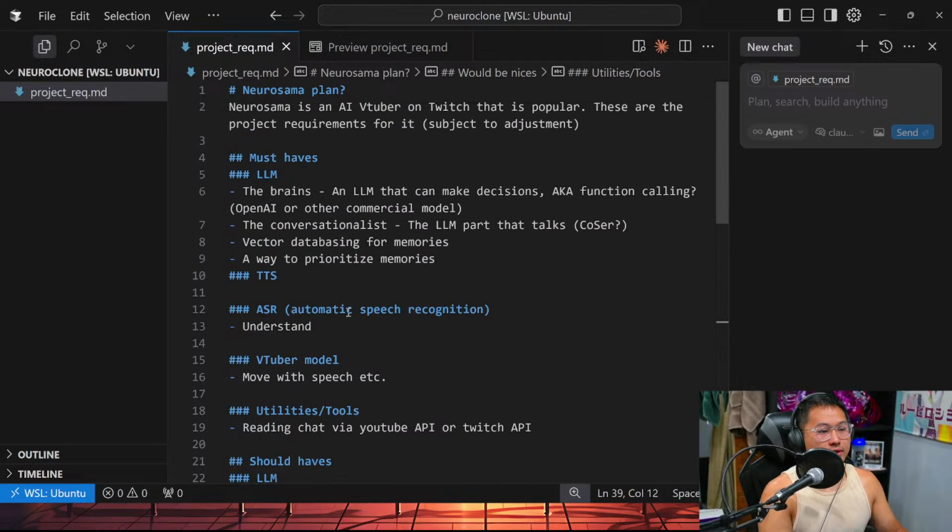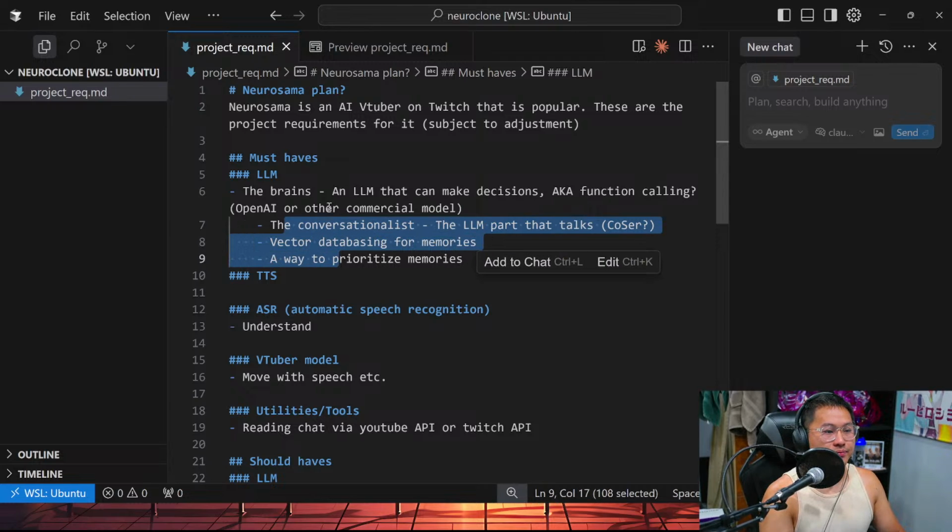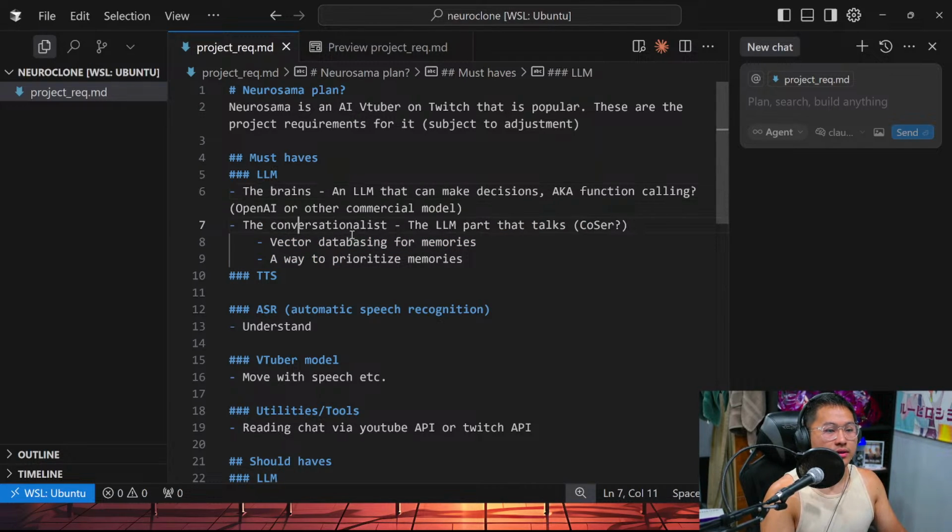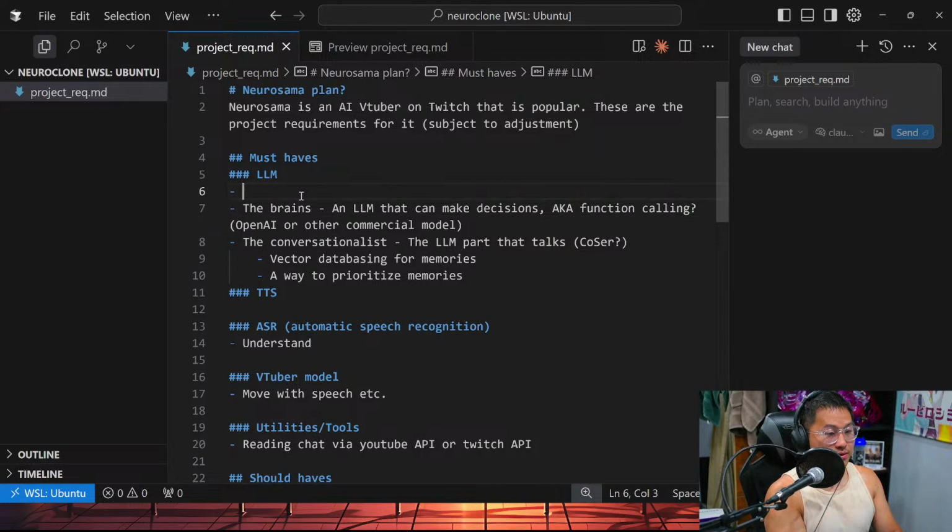For the Neurosama clone, we have the brains, or we can separate this into multi-agents to do certain tasks?